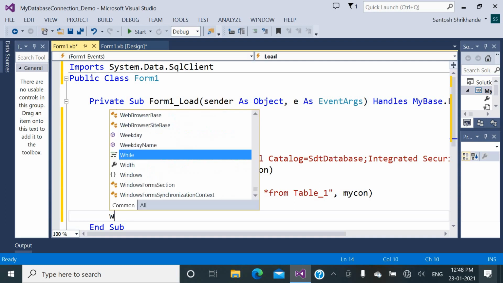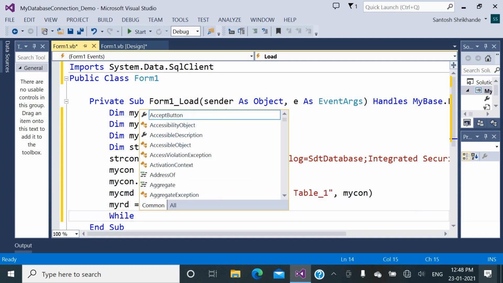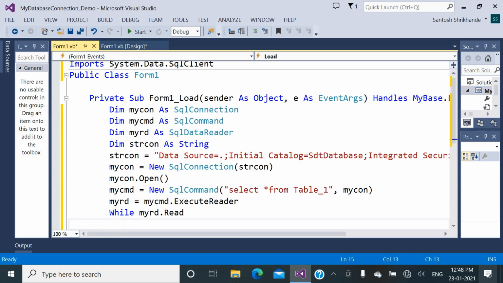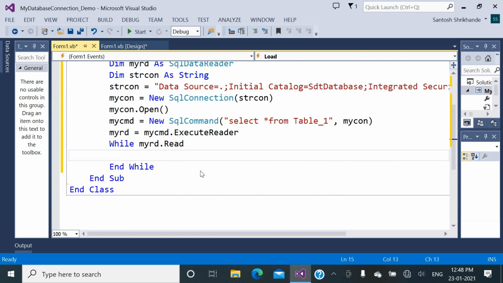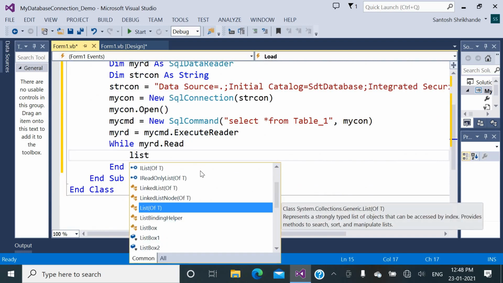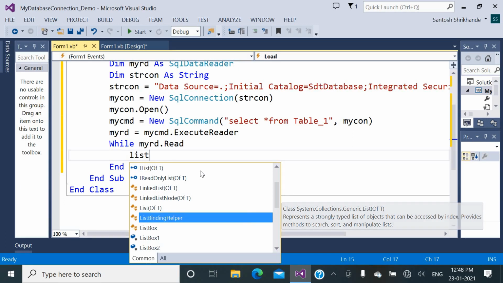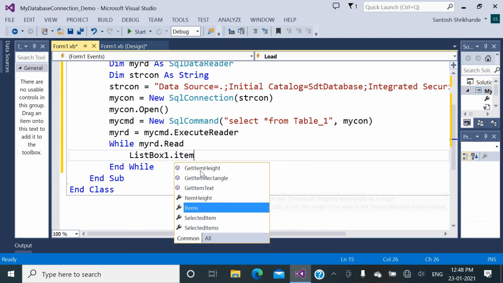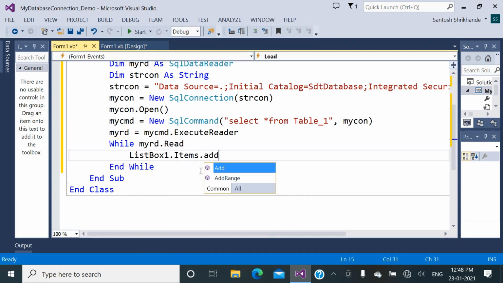So while myreader dot read, then what we are going to do here is show each and every record of the reader in the list boxes. So ListBox1 dot Items dot Add.